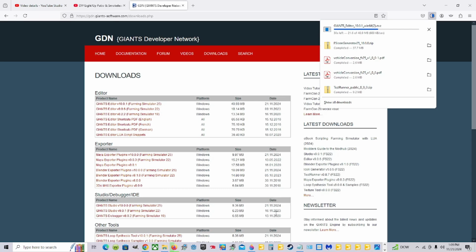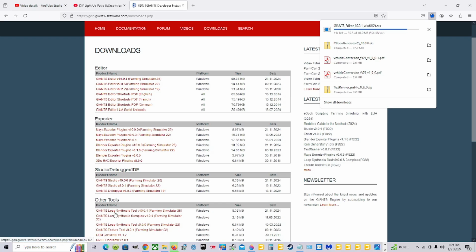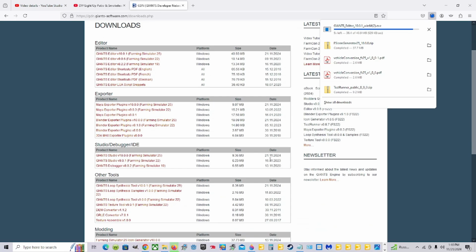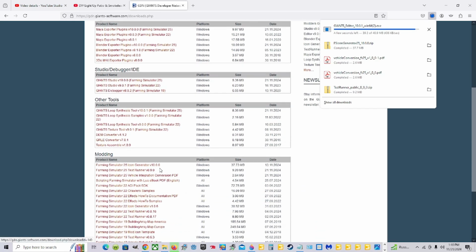You're going to look down this list and find every single 11/21/24, and you want to download it if you're going to be actually using it and needing those different pieces. This is the exporter for Maya. Then you got Giant Studio. You can do it, the debugger, and you got the Giants Loop Synthesis Tool one. You need to read each one that says that. See, and then you go down and you got the Test Runner 25, the Icon Generator, and then you got the Vehicle Integration